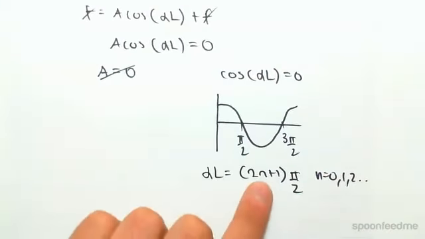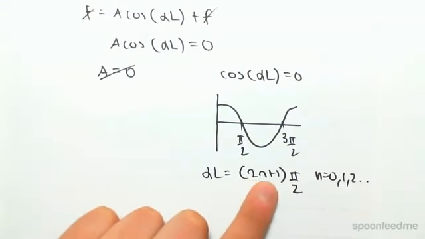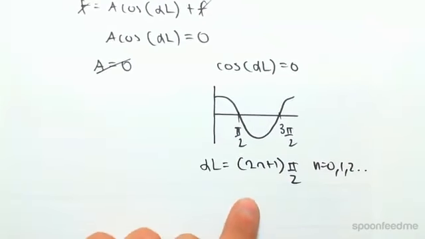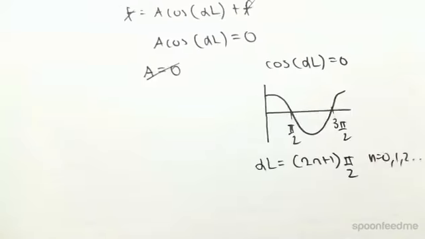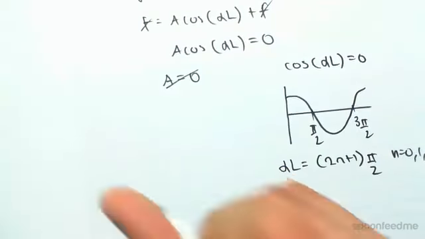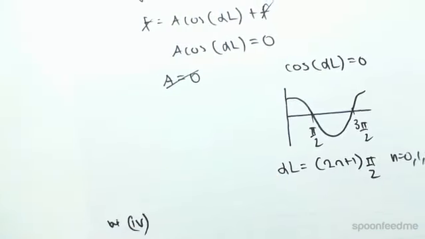So for example, subbing in 0, we would have pi on 2. Subbing in 1, we would have 2 plus 1, so 3 pi on 2. So that is the general formula for a cos curve, the general equation. So now we're going to get up to step number 4, where we're going